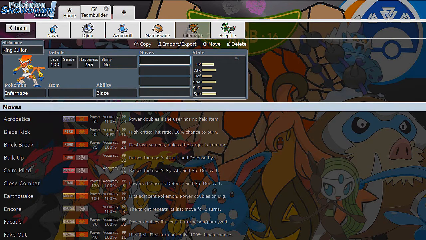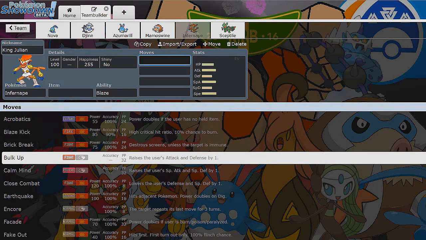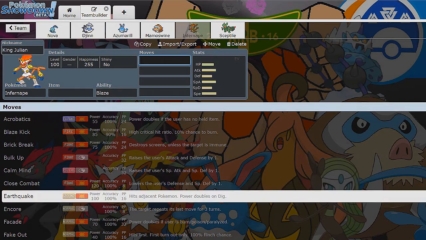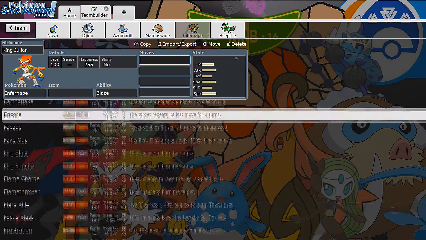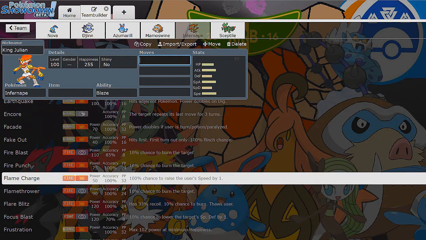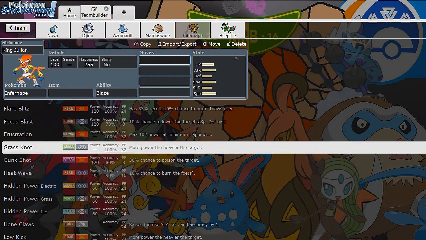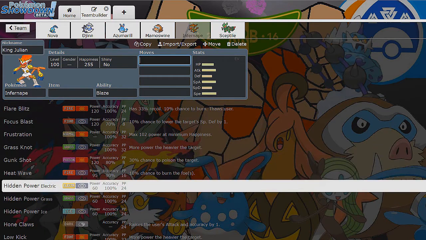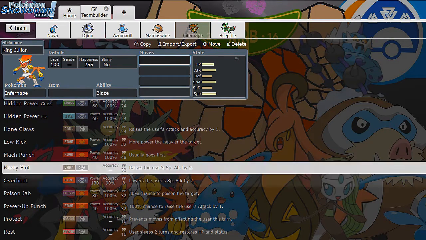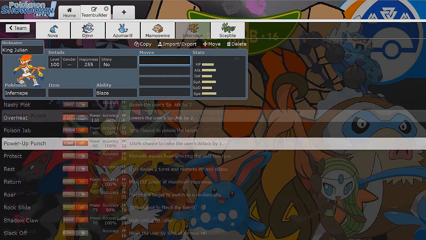And if we look at Infernape's moveset, it has Acrobatics, Blaze Kick, Brick Break. It can set up Bulk Up, it can set up Calm Mind, it can have Close Combat, Earthquake, it can Fake Out, it can Encore, we can Fire Blast, Fire Punch, Flame Charge even to set up that speed. Flare Blitz and Flamethrower, Focus Blast, Grass Knot, Gunk Shot for them fairies, Heat Wave, Hone Claws, Low Kick, Mach Punch, like I mentioned earlier, Nasty Plot, Overheat, what a great combo right here, Poison Jab, Power-Up Punch,